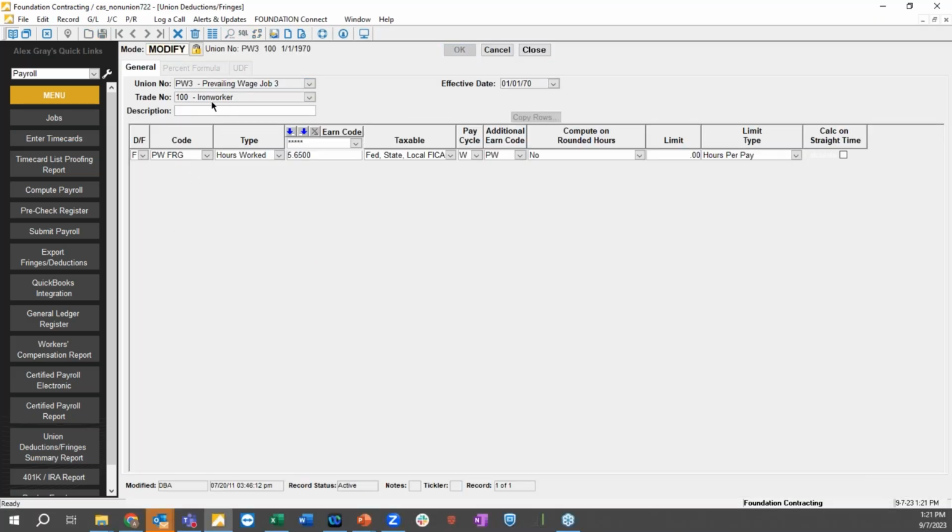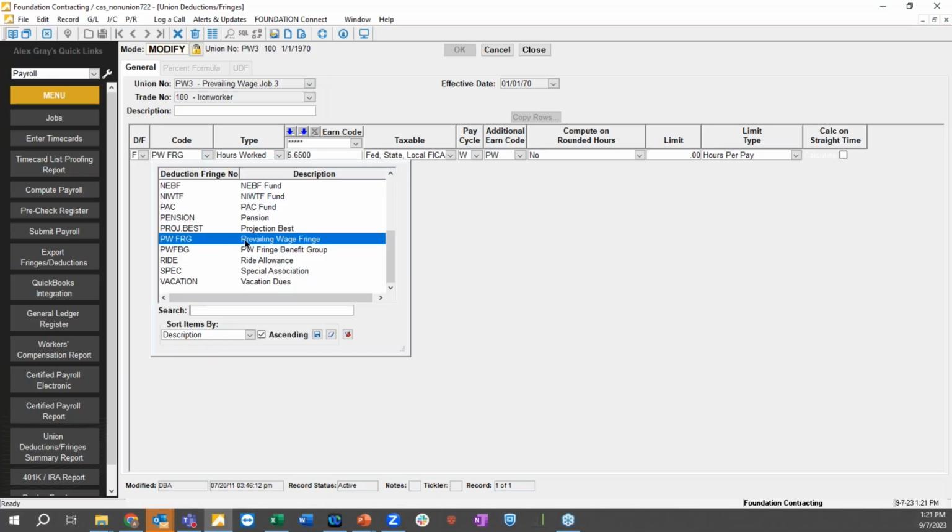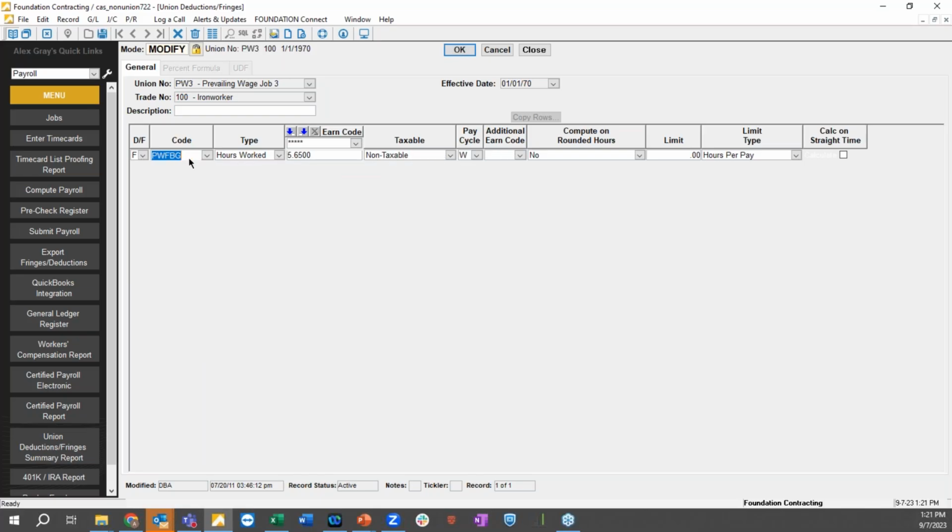That prevailing wage cash fringe, again, it won't matter if everyone's being calculated the same, we have it broken out on a trade by trade basis. We're able to then set up that prevailing wage fringe information. And if you're just paying these as a cash fringe into the employee's paycheck, we can do so. Or if anyone out there is having those fringes sent off to some sort of fringe benefit group, we have direct integration with the contractors plan, and can also create files for any sort of fringe benefit group that you're maybe sending that fringe information over to.